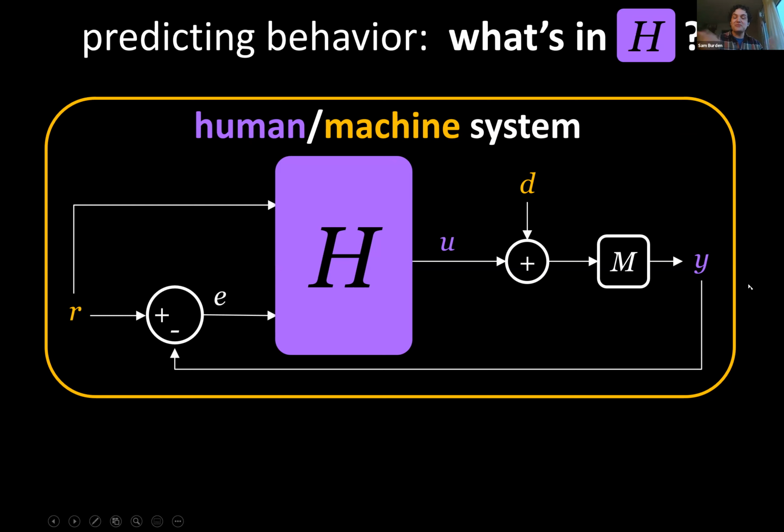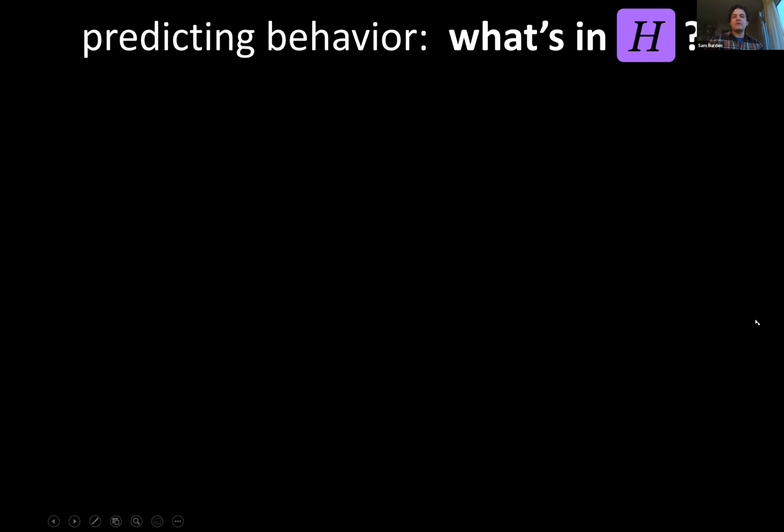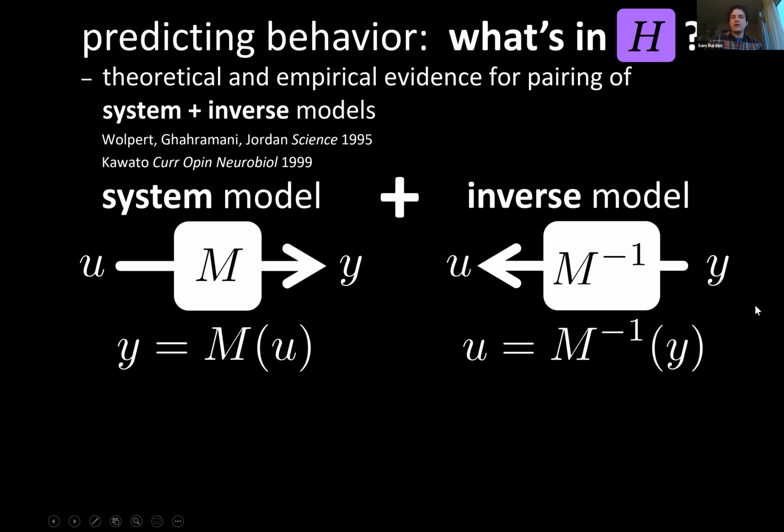And so the first basic question I'm interested in is, what's in the box? What's happening inside the person? What sensor or motor transforms are they implementing, and how do we think about them? And of course, thanks to this community and related fields, we have a reasonable guess about what's in the box. There's a lot of evidence, both theoretical and empirical, that the human motor control system may be learning